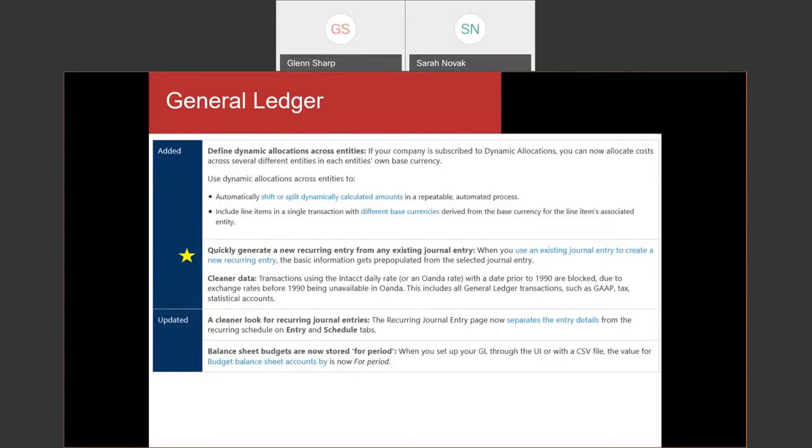We can quickly generate a new recurring entry from an existing journal entry. That's something that hasn't been available in the past, and we'll take a look at that. And of course, a cleaner look for recurring journal entries as well. The recurring journal entry page now separates the entry details from the recurring schedule on entry and schedule tabs. We talked about the balance sheet changes that have been done on the setup. So to look at these,